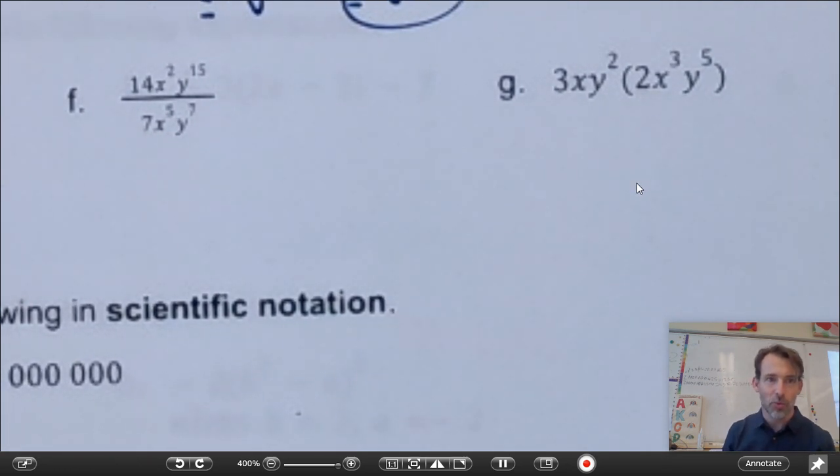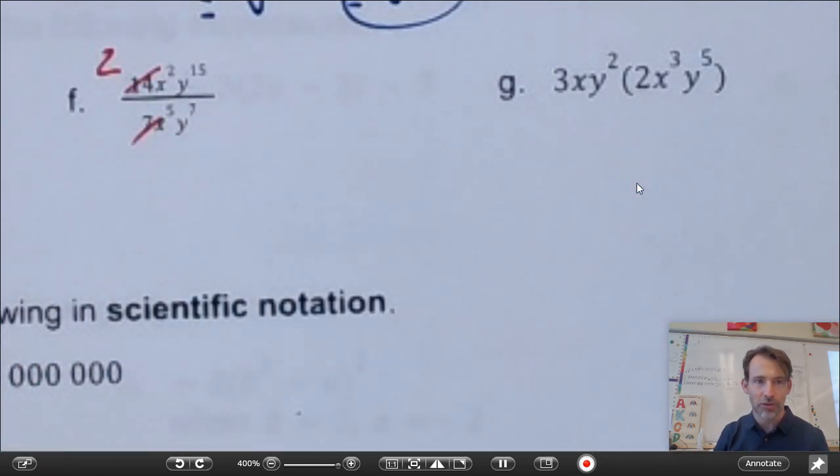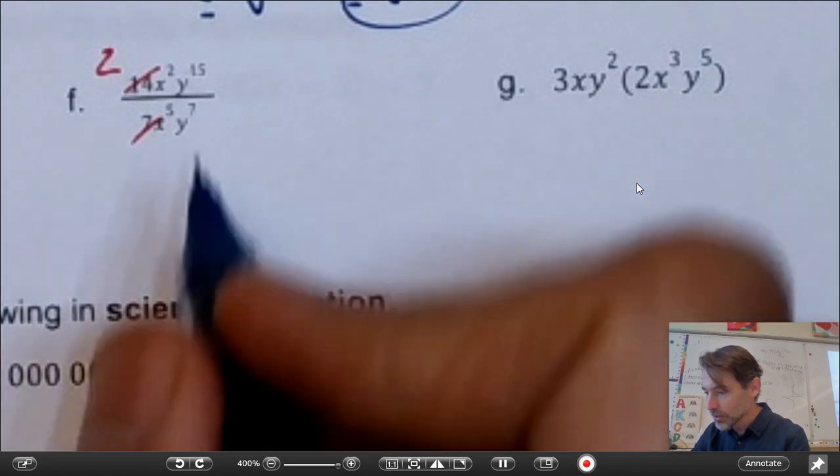14x squared y to the 15 over 7 x to the 5 y to the 7. Okay. First, 14 and 7 share factors. 14 divided by 7 is 2, so I'm going to cancel the factor 7, and that just leaves a 2 there. Okay, so this is equal to